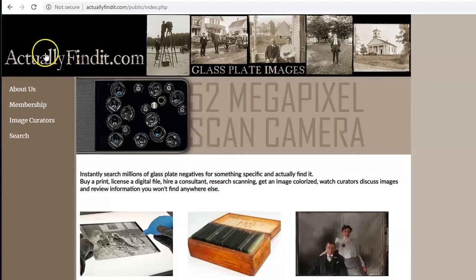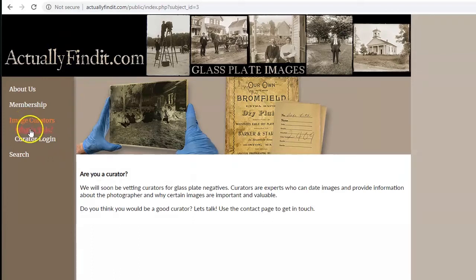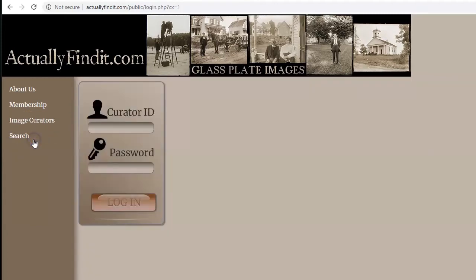This is the actuallyfindit.com website. I've been working on it, honing up my programming skills, and wanted to put something together. I had an idea for a website and some technology that would be useful for searching. And if this is for glass plate negatives, what we have, we'll go to the imaging curators page where we